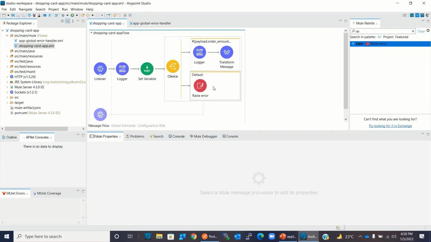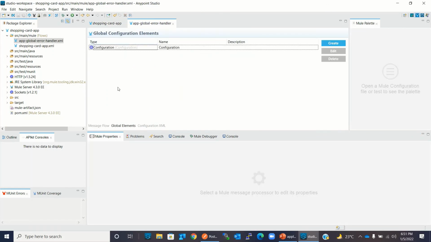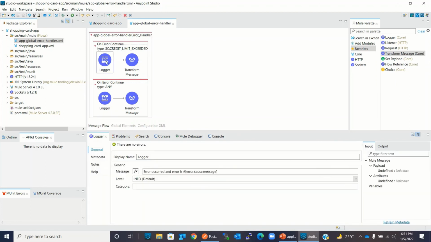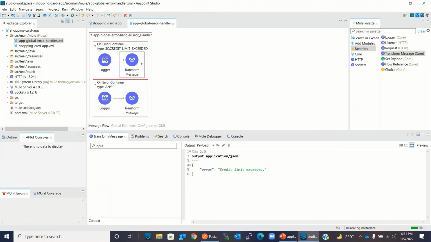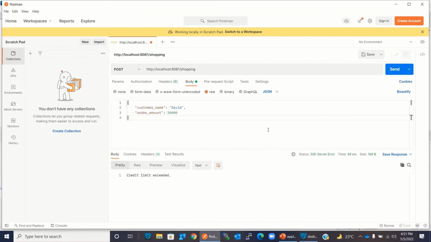Now this error SC credit limit exceeded will be raised from here, and it will come to the application global error handler, and it will try to search the error type. So it will find the first on error continue, and it will execute these components, logger and transform message. So let's go to the postman.